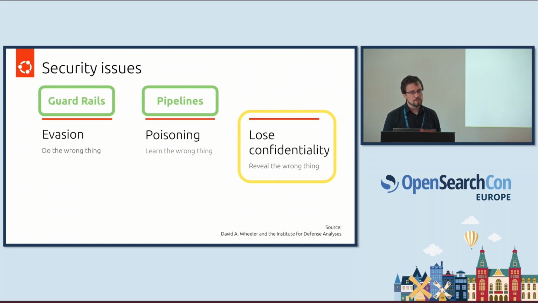So evasion, of course, do the right thing. We have the guardrails. It can be just this simple guardrail with an exclusion list, or it can be something more sophisticated. But it's essentially sort of a semantic firewall in front of your RAG. Then you have pipelines. If you want to train your data, there you need to curate your data. It's a manual process, right? You need to be careful with the data you have, make sure you went through that, and you can use pipelines to train. I don't want to really focus on these two,